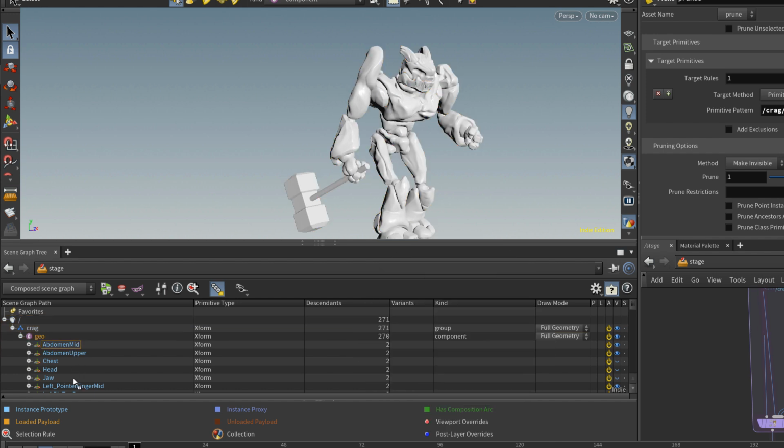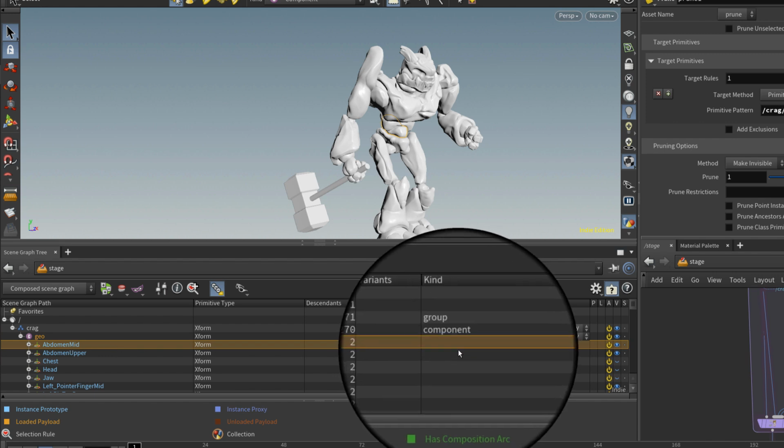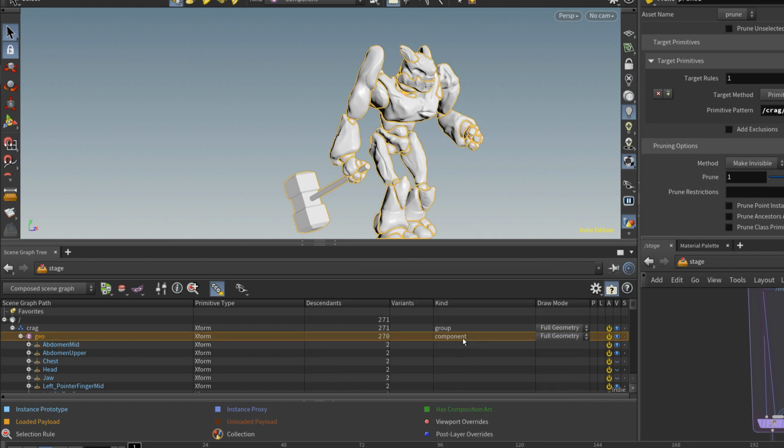And because there is no role assigned to our different primitives, we are not able to select them straight in the viewport. The graph so far actually considers our geo primitive as one big component, and anything below is just not worthy of being selected. But we could change that. I know the kind is usually a blocker to understand for most people, so let me pull up the SideFX documentation for some extra clarification real quick.